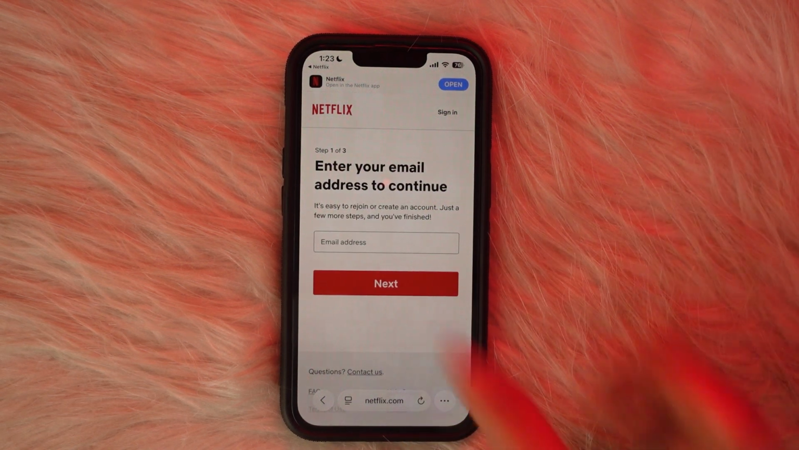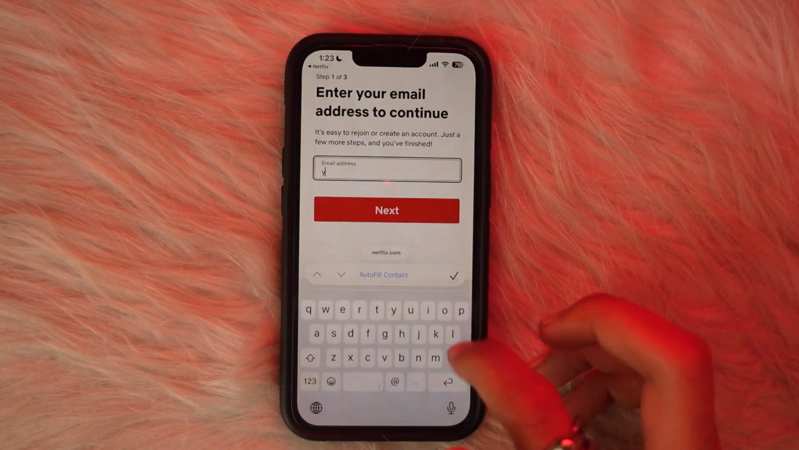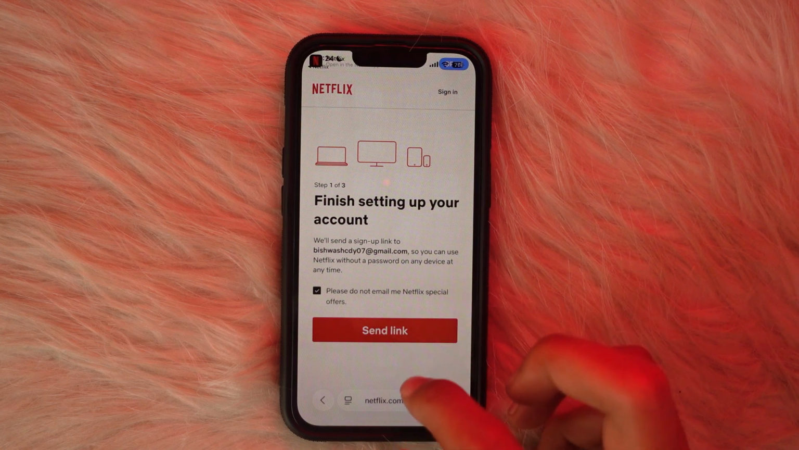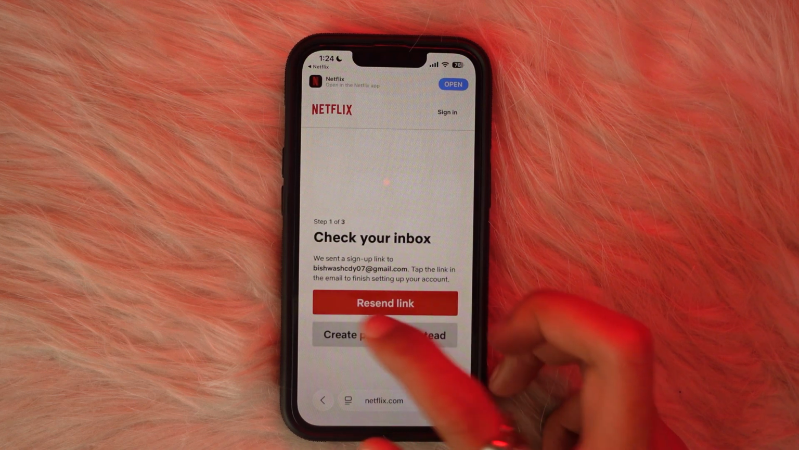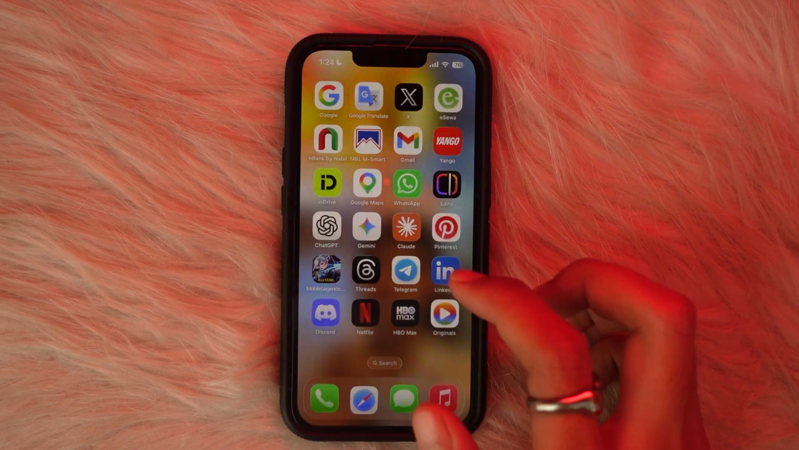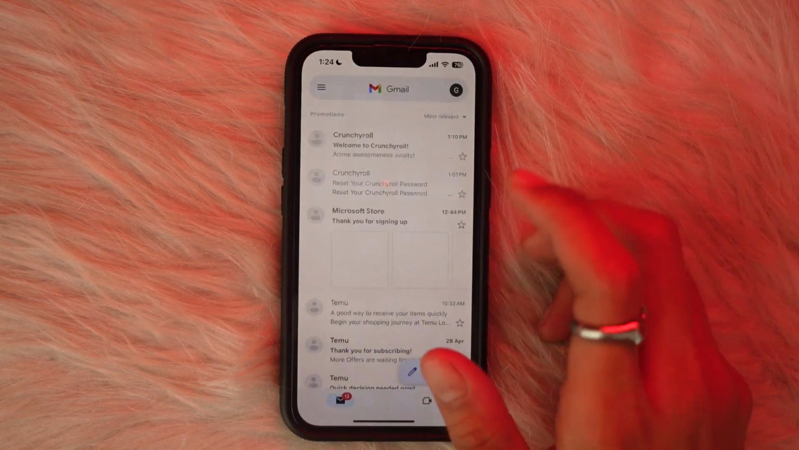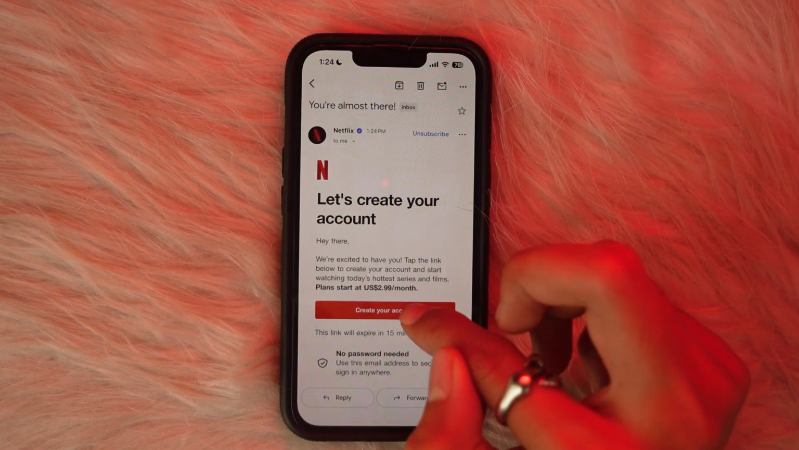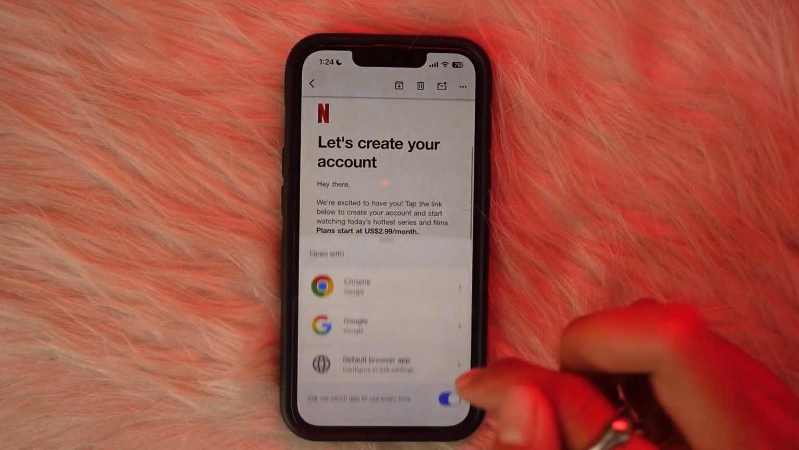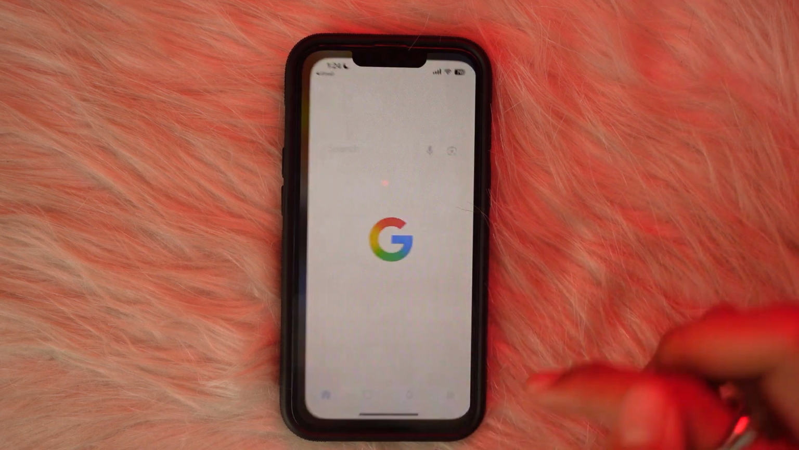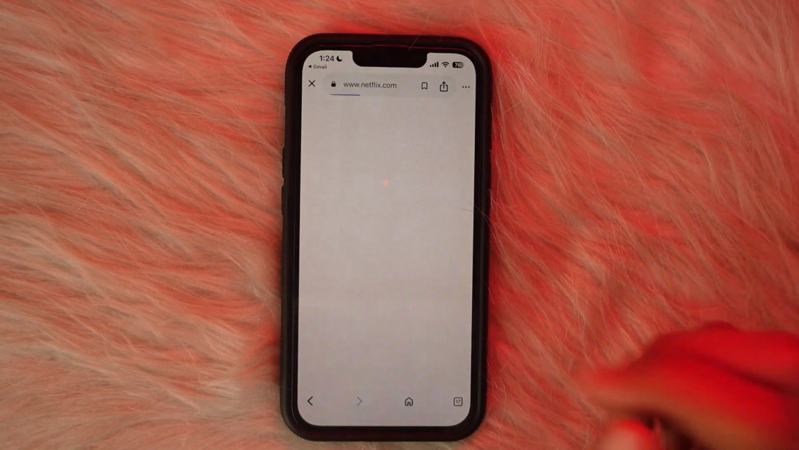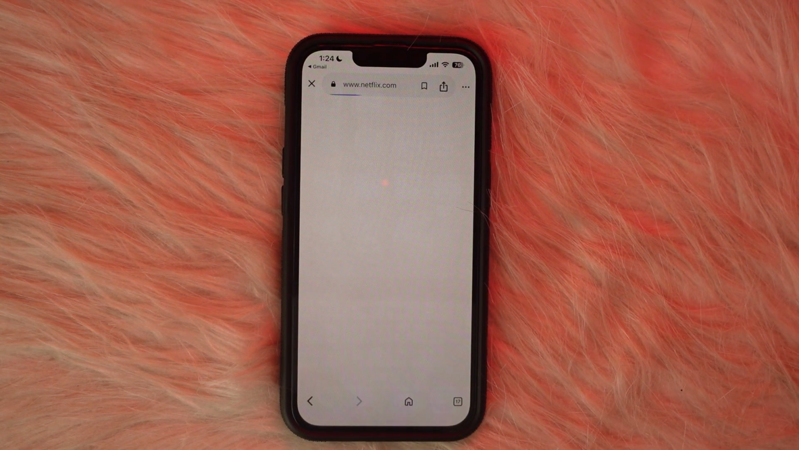You'll have to enter your email address over here, and now it will send you a verification code on your Gmail. For that, tap on that and it will send you a link on your Gmail. Go and check your Gmail, and then you need to tap on create your link button and select your Google browser. And after verifying, what you need to do is